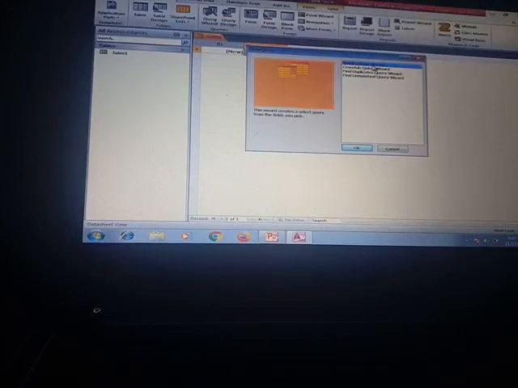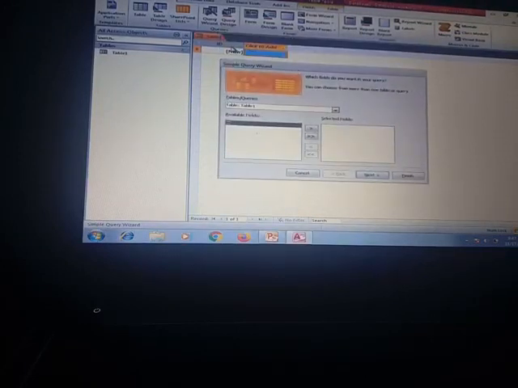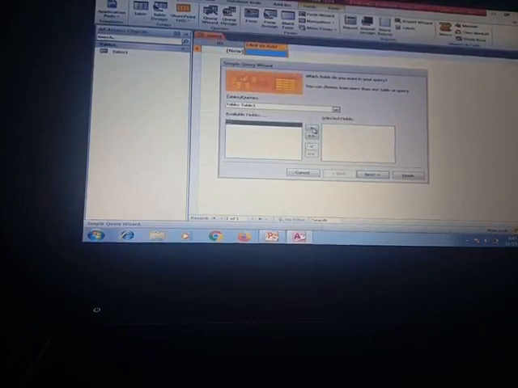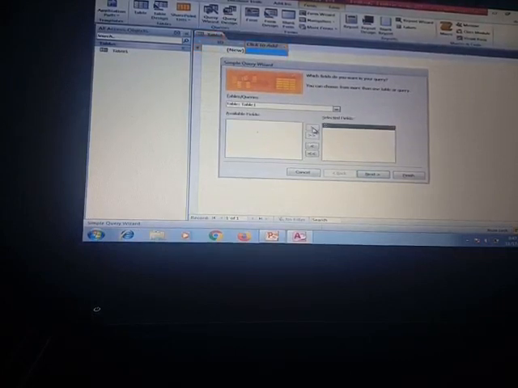Simple Query Wizard. When we click OK, it will show selected fields and available fields. As there is only one column, that is ID, only one field is there, ID. We have to click on the next button. It comes from the available fields to the selected fields.